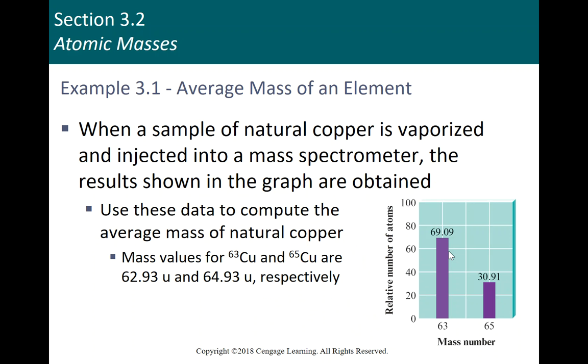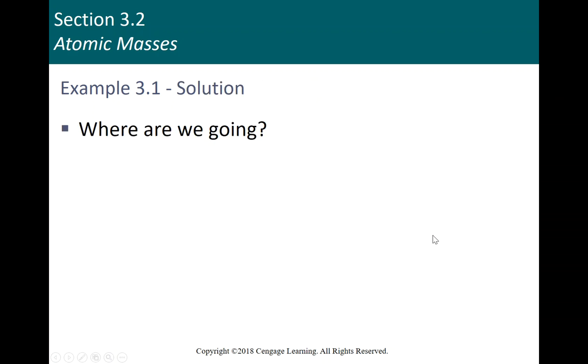Same thing on this one. They do this one just a little bit differently because this says relative number of atoms. Notice these two add up to 100%. So you could do the same thing here where you move the decimal over two places. But notice